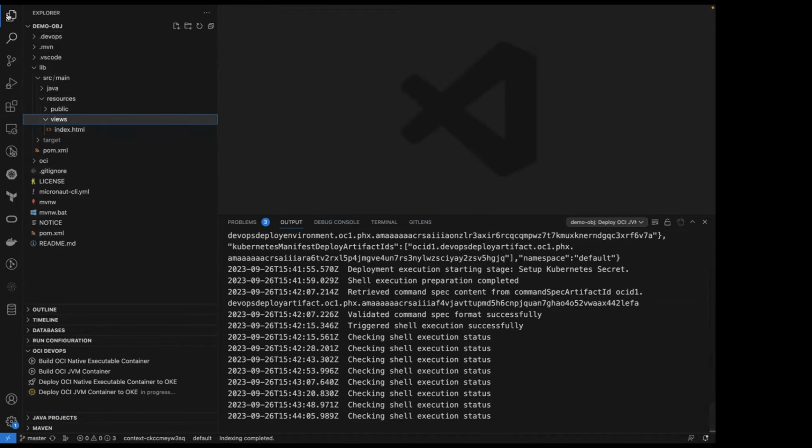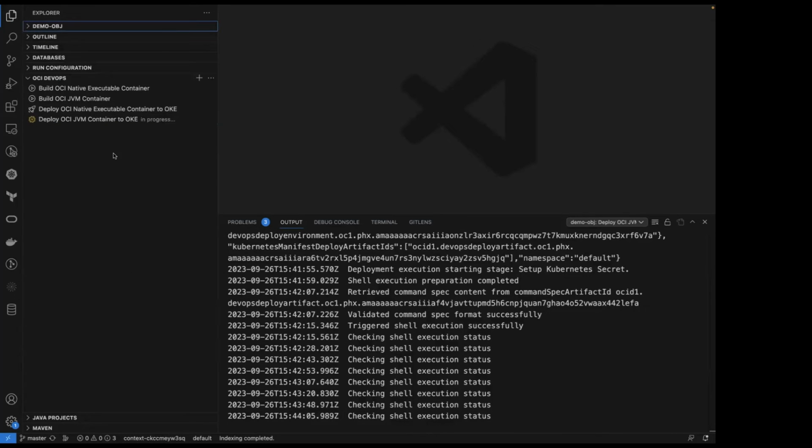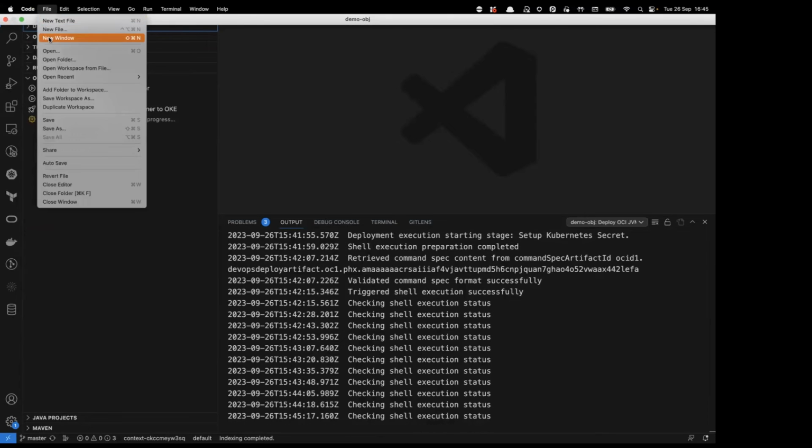So the last thing I really wanted to show you about this was the automatic port forwarding. When your application is running on OKE, that's great, but how do you access it? You need to set up port forwarding. You need to forward the port that the container's offering up via SSH, basically, to your local machine, so that you can use a browser or curl and access the application running in OKE. So we make that easy by providing port forwarding for you when the application has been deployed. So whilst that's running, let's create a new window.